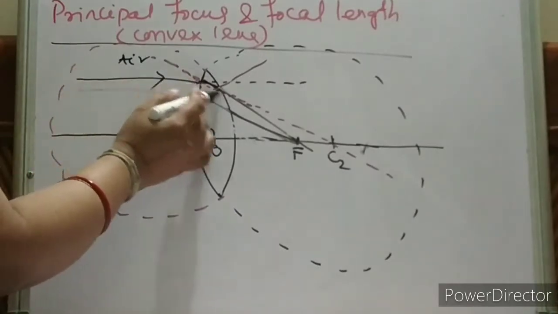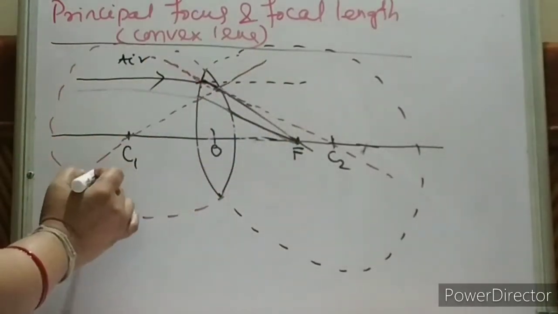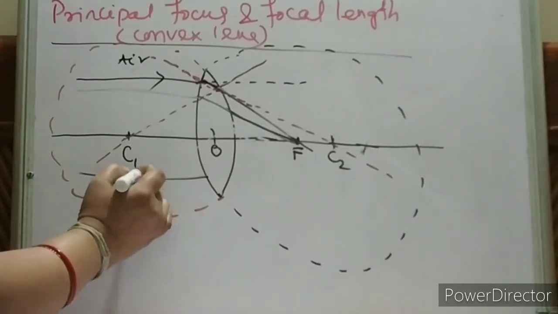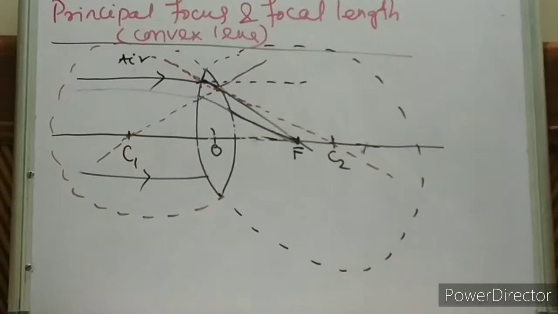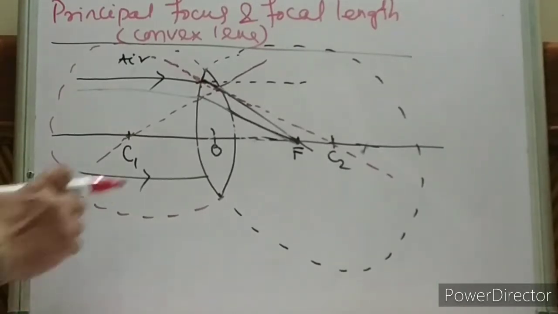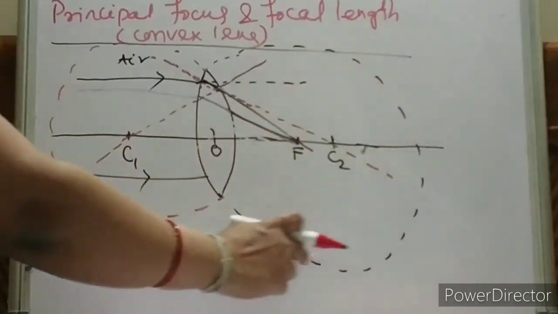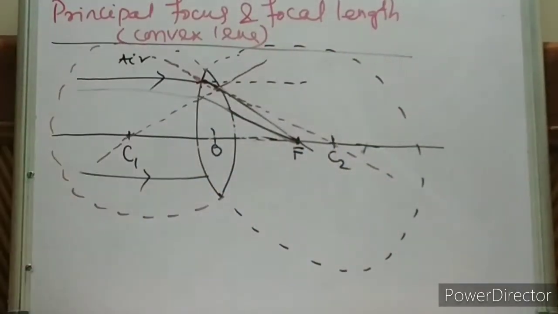Now all the rays will not bend like this. Now take this case. Let me show you. Take now these parallel rays, parallel to the principal axis. Now how will it bend? Rarer to denser. But first what do we have to do? We have to draw the normal. For this ray, which one is the center of curvature? Tell me. For this ray, which one is the center of curvature? This is the center of curvature.